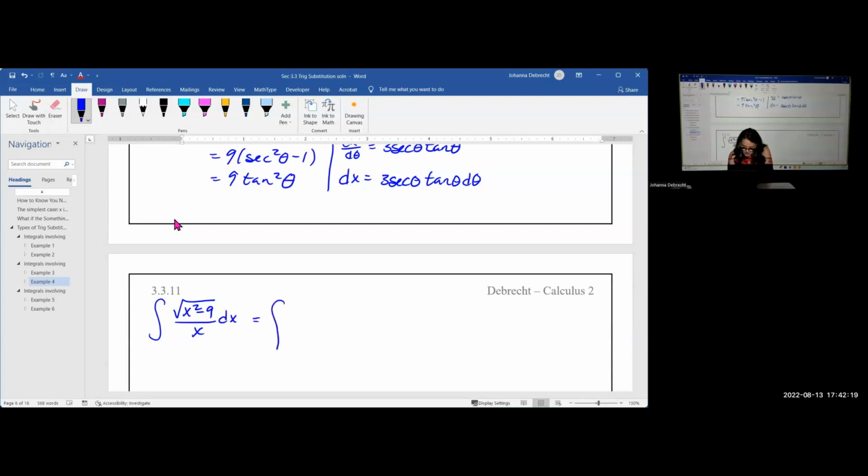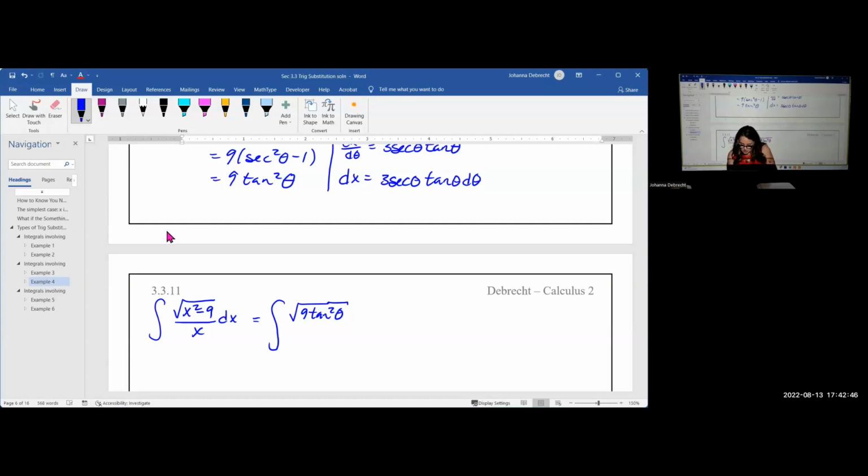So this becomes the integral of the square root of 9 tangent squared of theta. And again, we would normally need to worry about whether the absolute value of tangent was tangent or negative tangent, but without knowing where the x is being evaluated, we can't determine that. If x is greater than or equal to c, it's positive. If x is less than or equal to c, it's negative, but we would need a definite integral to know